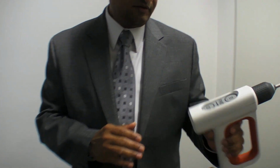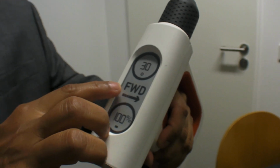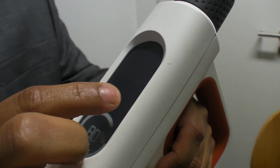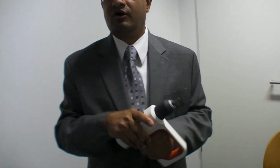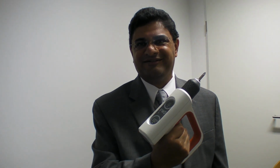display. And what this display essentially does is, first of all, it gives you battery capacity. And that part is easy. It can tell you what direction the drill is going. And then it can also give you whatever other information you want. And basically this display will go on the device without increasing thickness. It will make a really cool looking...